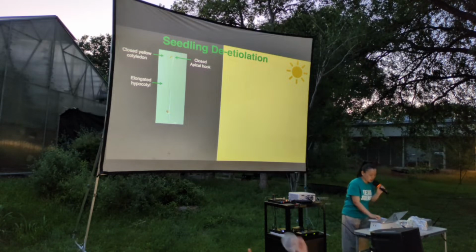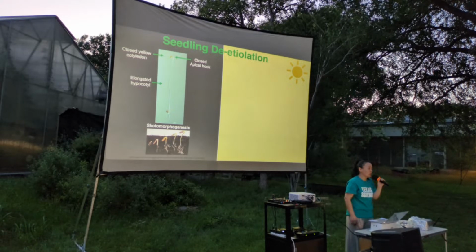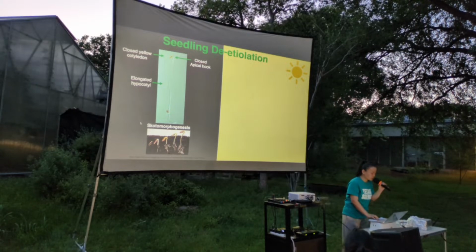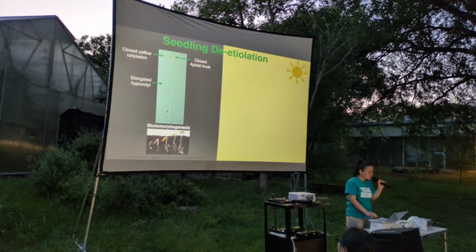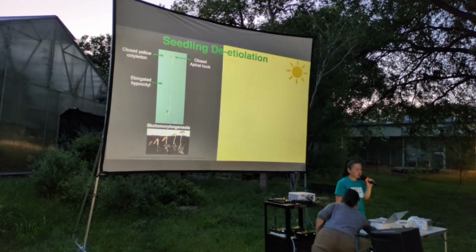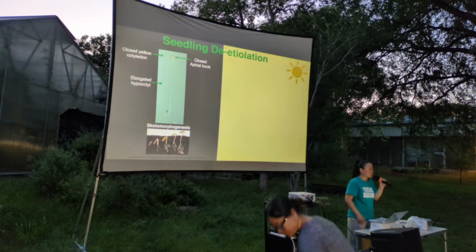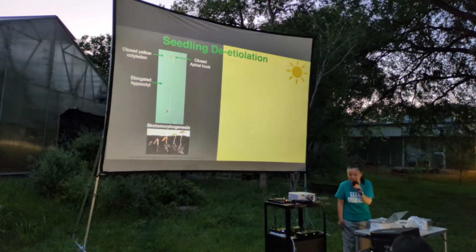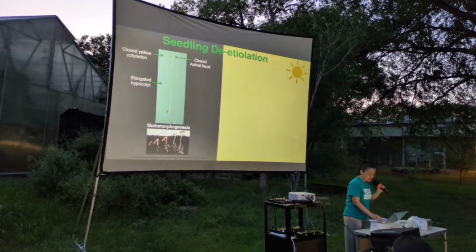Okay? So this process in plant biology is called skotomorphogenesis. Like this, when you plant sunflower seeds under soil, you can see it has a longer hypocotyl, a closed apical hook and closed cotyledons. So this process describes seedling development under the dark. So today you learned a new word: skotomorphogenesis. And also, after the seedling approaches the light,